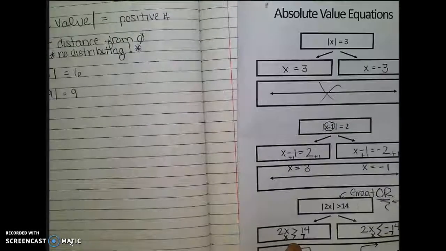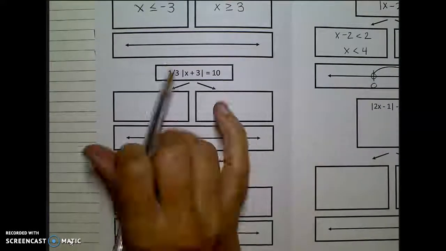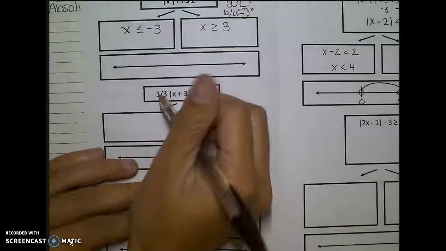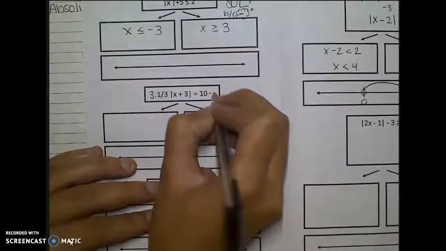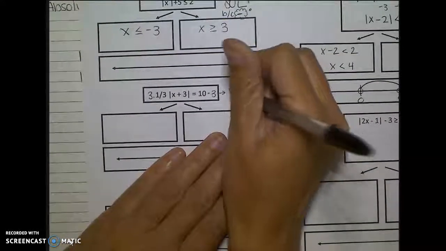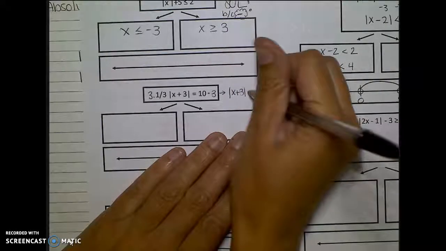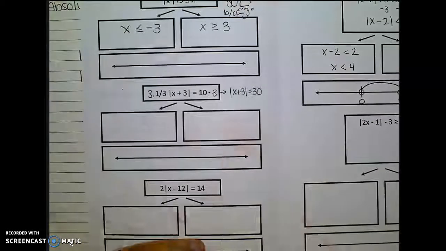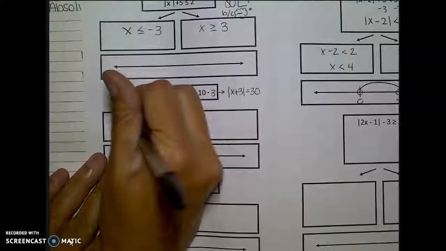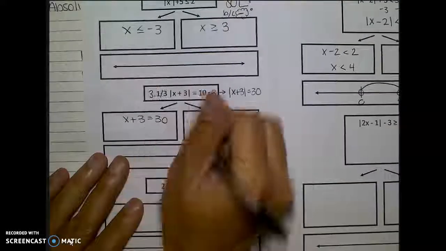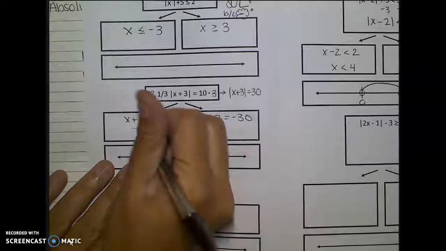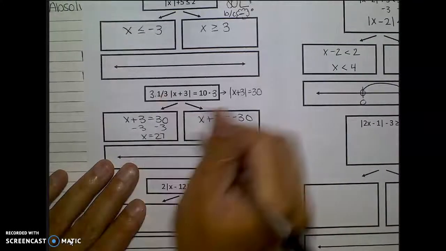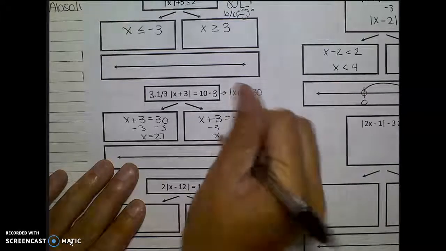Alright guys, still looking at the absolute value equations, I'm going to solve the last few that are in there. So for this one right here, I'd have to get rid of that 1/3 on the outside by multiplying by 3. And so my new equation is absolute value of x plus 3 equals 30. Then my bars are alone, and so I can make two equations. x plus 3 equals 30, and x plus 3 equals negative 30. So over here I'd subtract the 3, we'd have x equals 27, subtract the 3, and so x equals negative